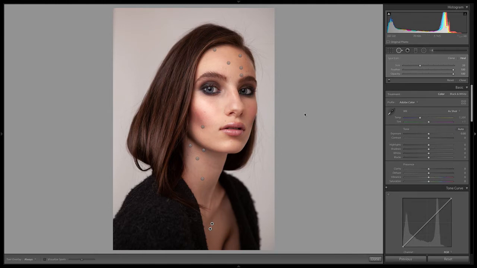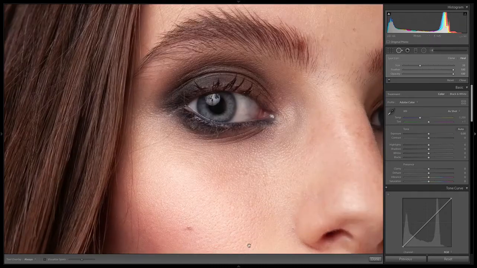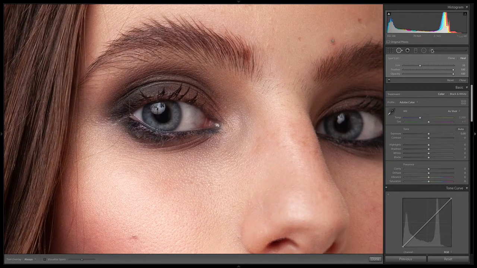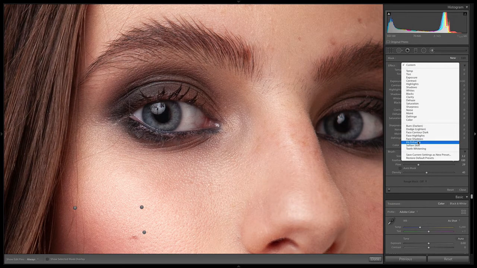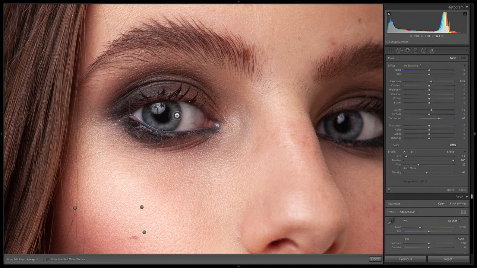Okay, so the next thing we're going to do is just do some enhancement to the eyes. So let's zoom in here. We're going to create another brush. So go to our adjustment layer, click new, make sure our settings are reset. Or if you want to start with iris enhance, we can start with iris enhance. Going to turn on mask overlay, auto mask, and we're just going to paint over her eye. Make sure that we have our flow all the way up, density all the way up as well. Okay, that's good for that iris.